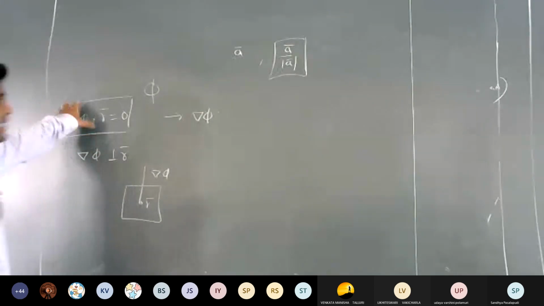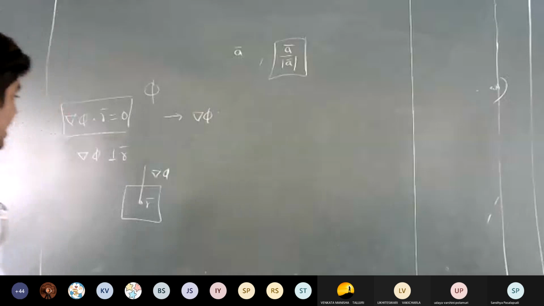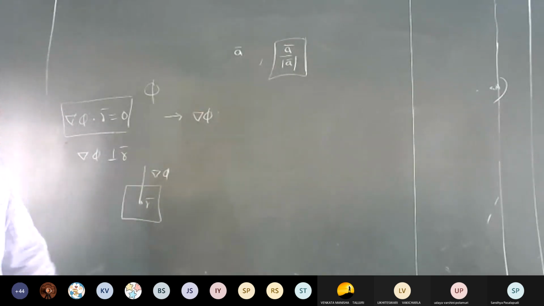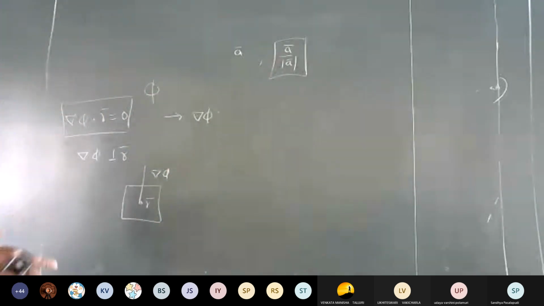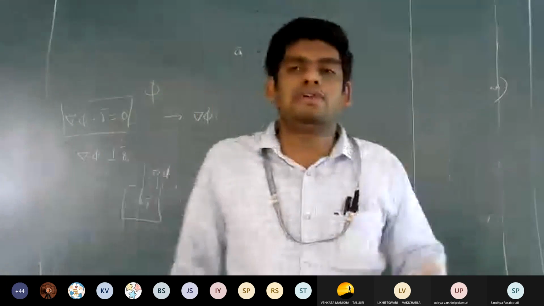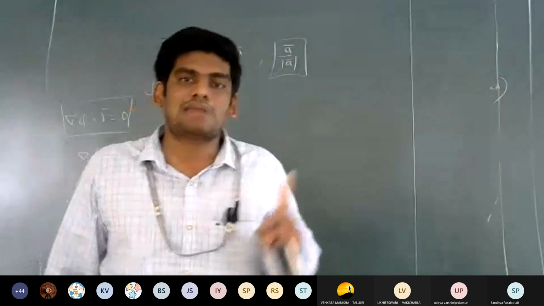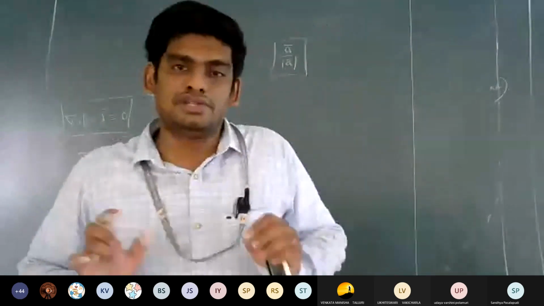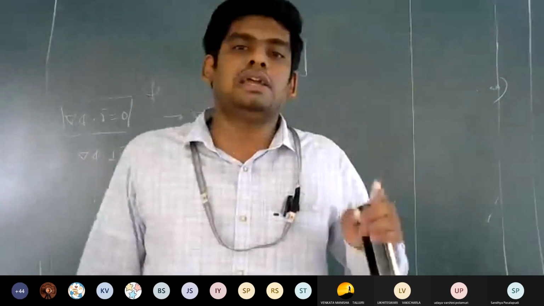From this conclusion, we say that del phi is called the normal. You can also observe this in the picture. Del phi is called normal, which means it is perpendicular to the flat surface. Suppose in the given question or in any GATE examination they give a scalar field phi and ask you to find the normal to the given scalar field. You just calculate del phi, that's it.